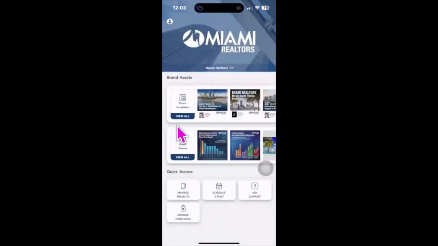And then what you have here is a whole array. The quick shares don't require you to add your photo, your logo, and your info. And the templates require you to add your photo, logo, and info. So what I'm going to do here is select one of these, and one of them says, Miami remains the number one in the US for strongest annual price growth, home price growth. You see this one? I'm going to select it,